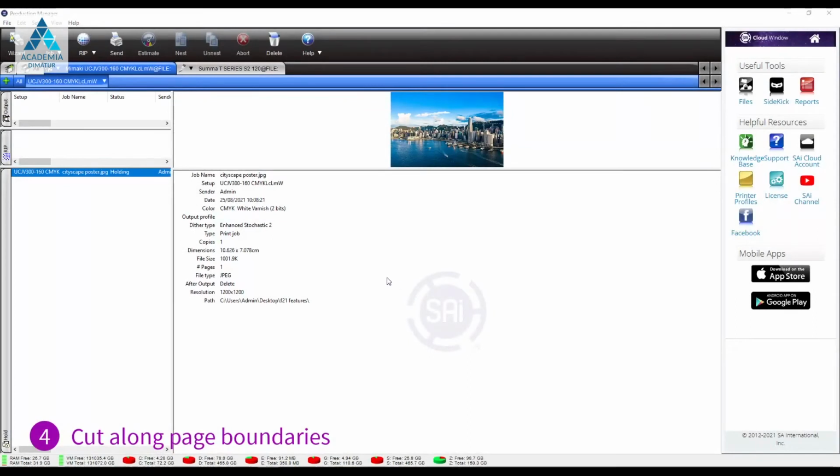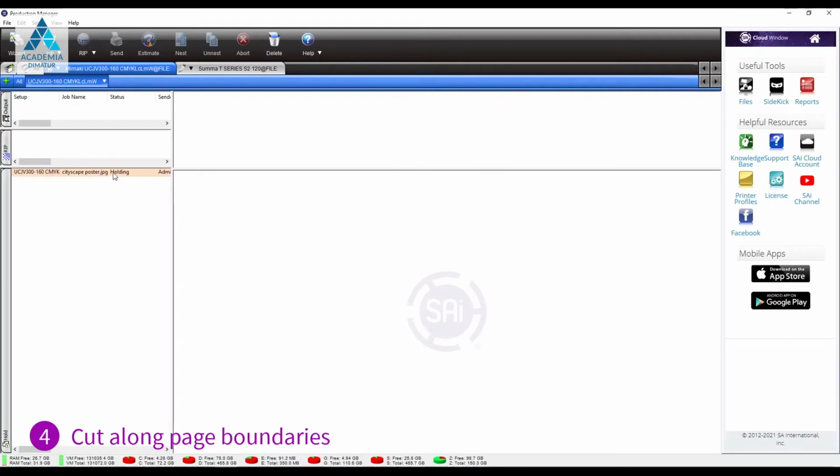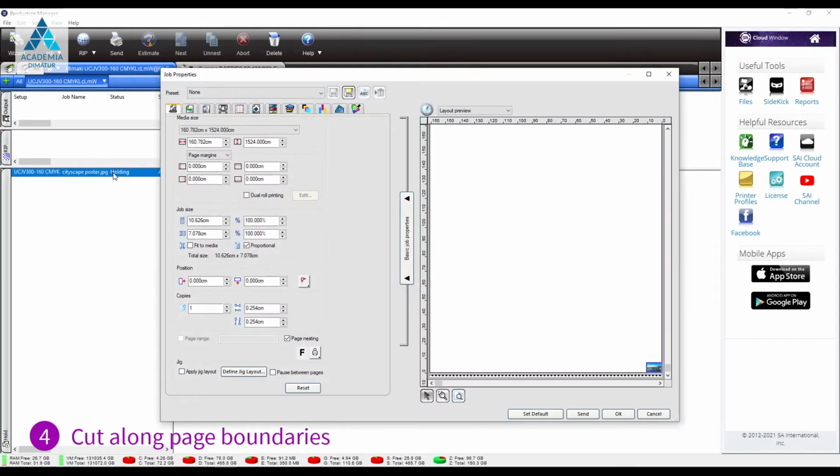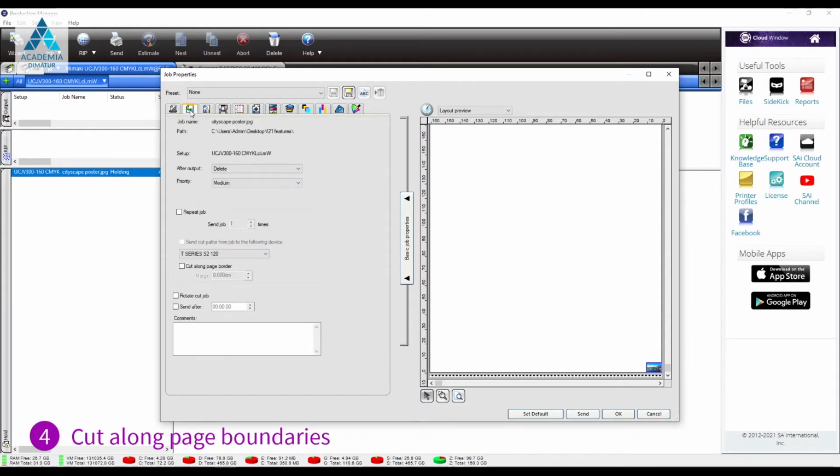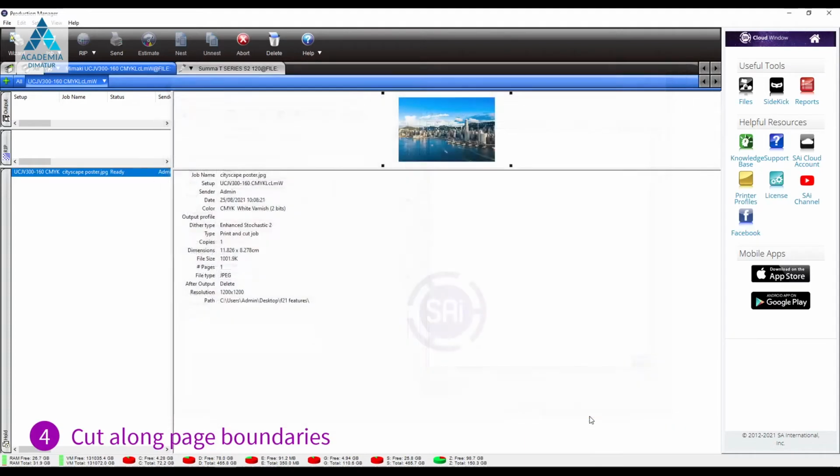At number 4, we have cut along page boundaries. So if I import an image into Production Manager and open it up, in the Workflow tab of Job Properties, I can check this box called Cut Along Page Border. This is going to add a cut path around the outside of my image on the art box. Here, you can change the margin if you want a bit more distance between your image and the box, like so. When you send the job,